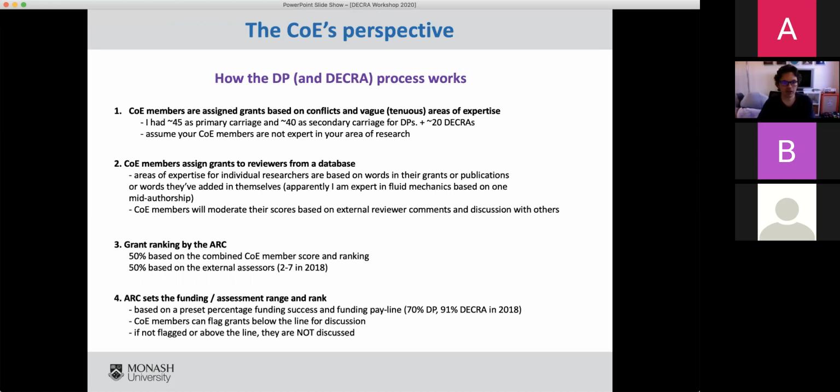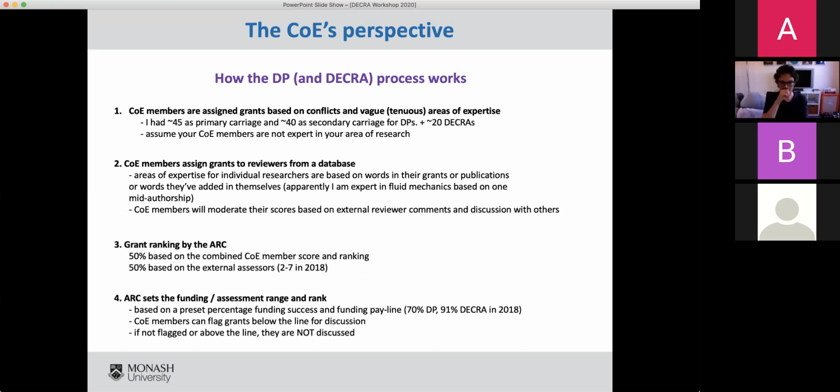So Moira had 45 applications. These were for discovery projects. She had 45 applications as the primary carriage member for a discovery project. She had 40 as secondary carriage, and she had 20 DECRAs. So that's 105 applications, each of which is definitely no less than 50 pages.